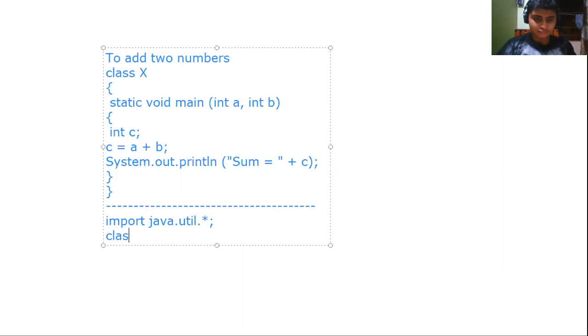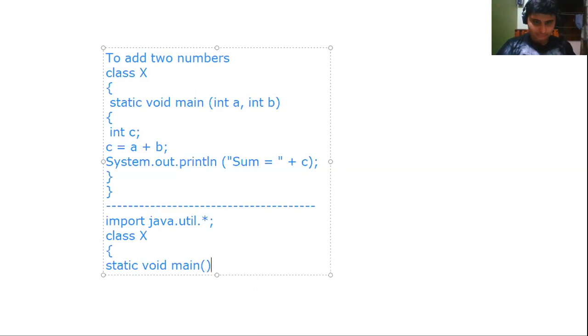Then I will write class X. Then I'll write an empty bracket because I'm going to use scanner.